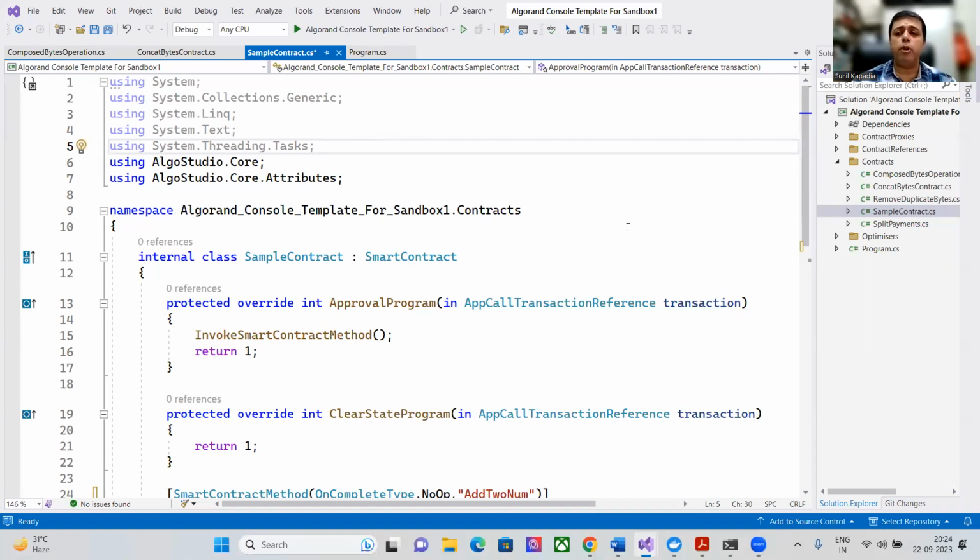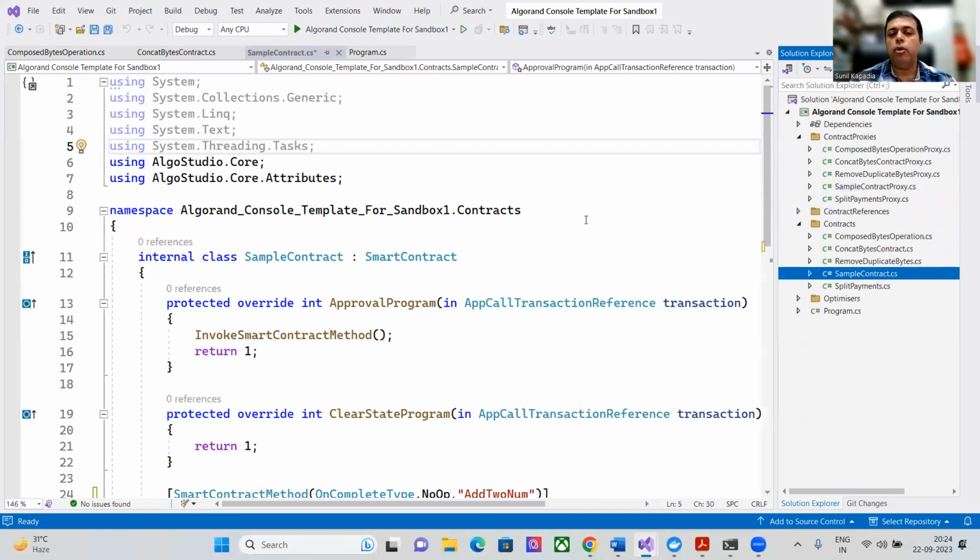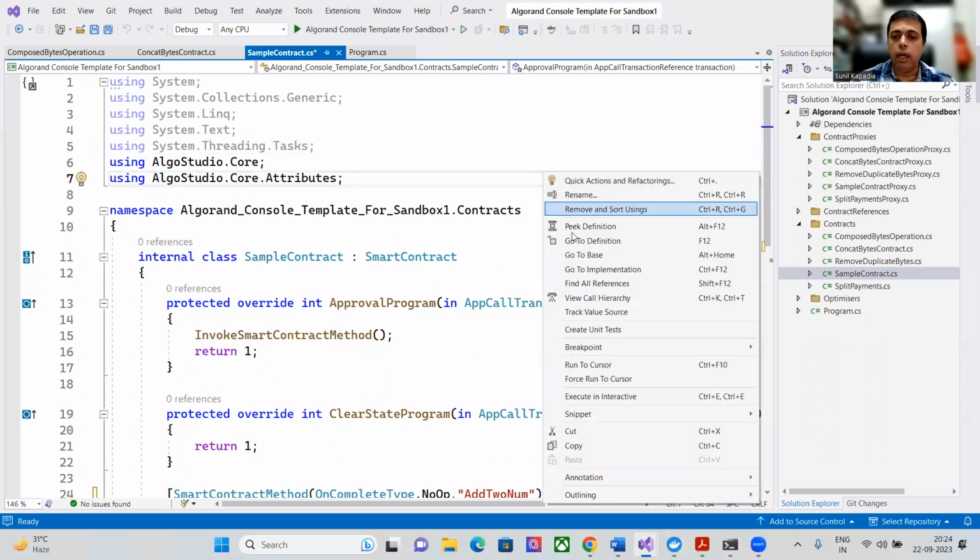Now, how to generate those proxies then? Because we are just starting, it is difficult for us to do that. So just right click on the file which you have just created, like this one. And at the bottom,